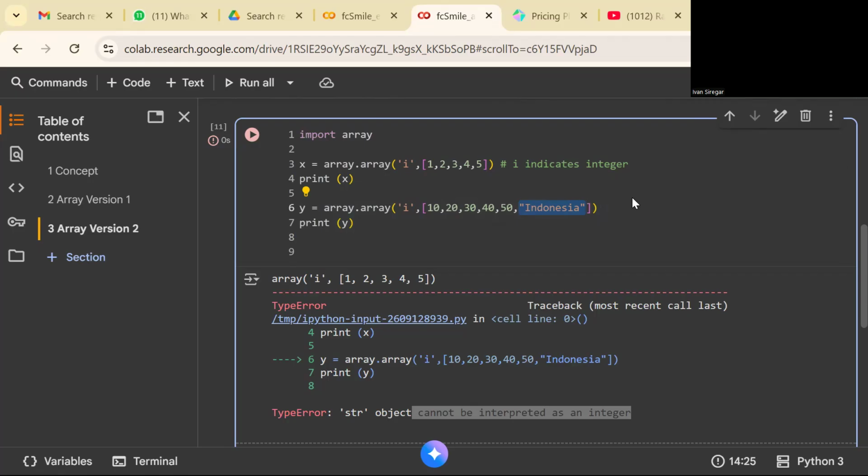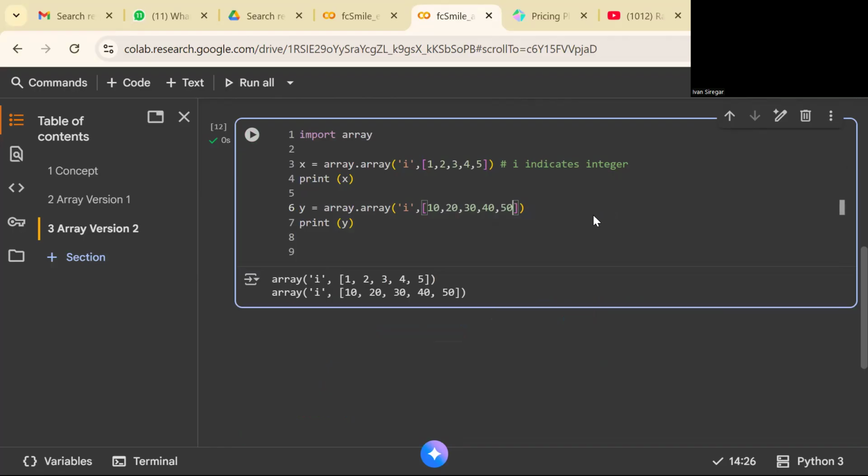Yeah, it's not allowed to be an element because we have the definition of I. We declare that all of the components will be integers. So that's why you remove this. Okay. So once you remove it and then you run, no more error.